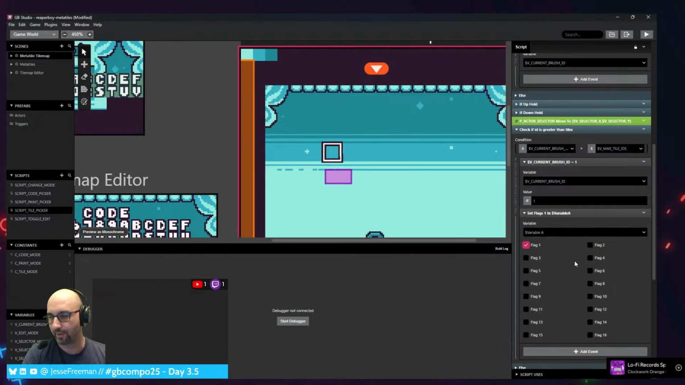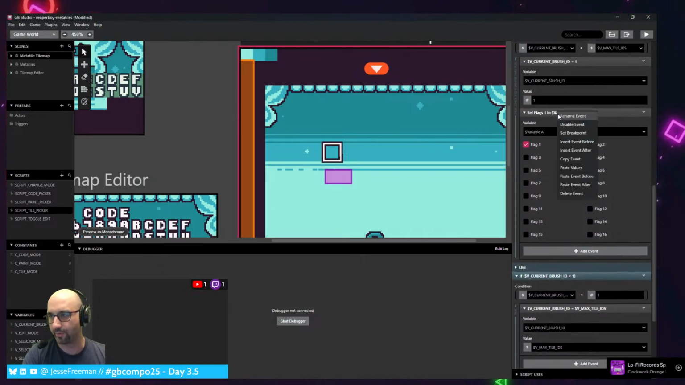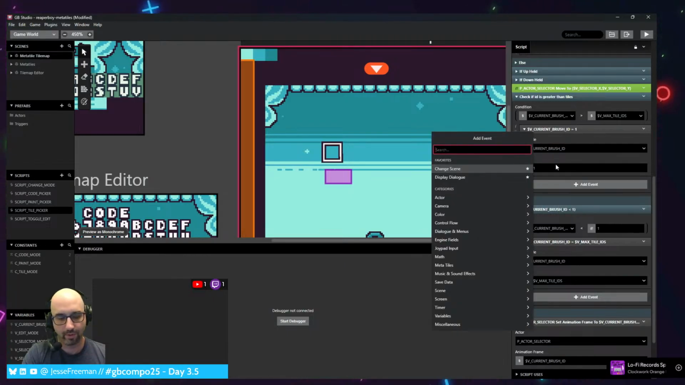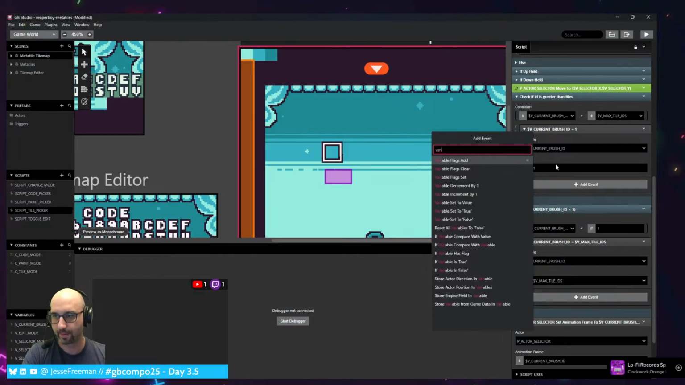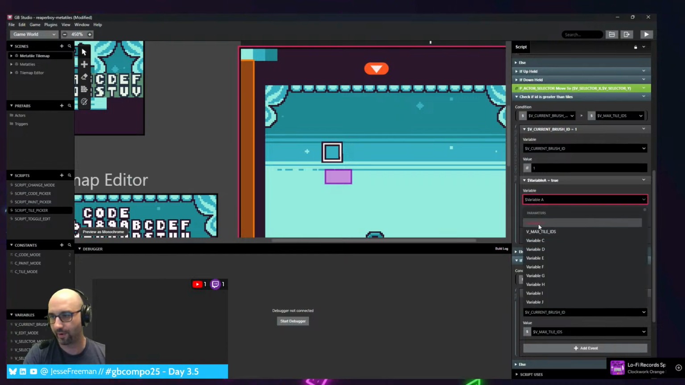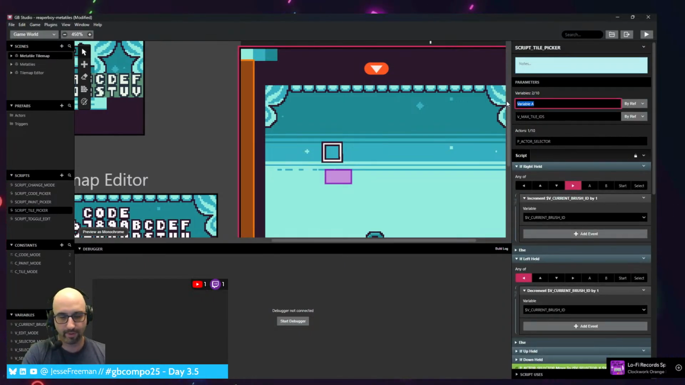We'll just set a flag here. Actually, we don't need to do that. We can just do this as a regular variable. Delete event. Let's insert after event. We're going to do variable set to true. So what we're going to do is set this variable A to true, and variable A is going to be V